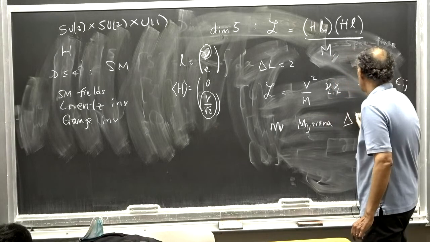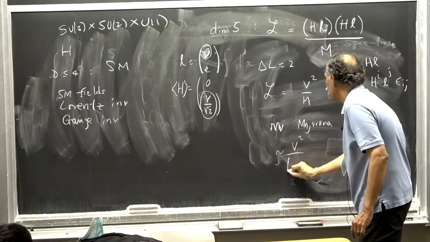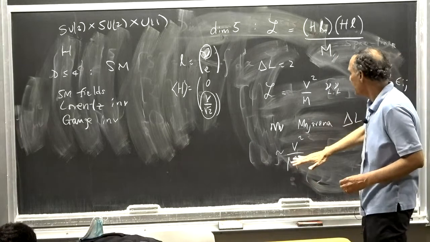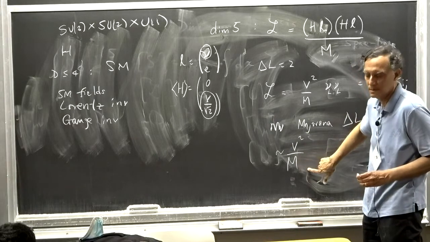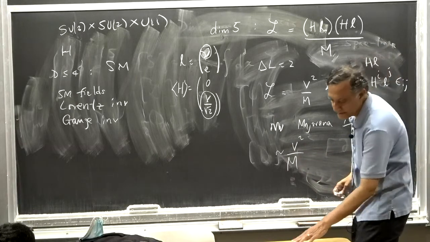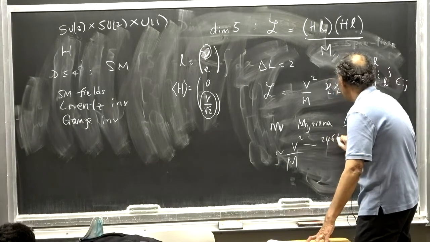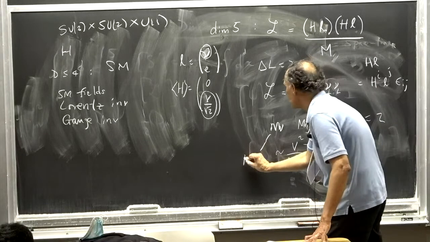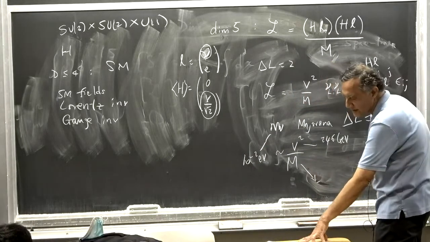It violates lepton number by 2 units and is of order the VEV squared over M. This is sometimes called the seesaw mechanism: if you have some high scale big M, you get a neutrino mass inversely proportional to the high scale. And if I put in some numbers, if I took the VEV to be 246 GeV, and I put the neutrino mass to be, what was it, 10 to the minus 2 electron volts, then this M turned out to be 6 × 10^15